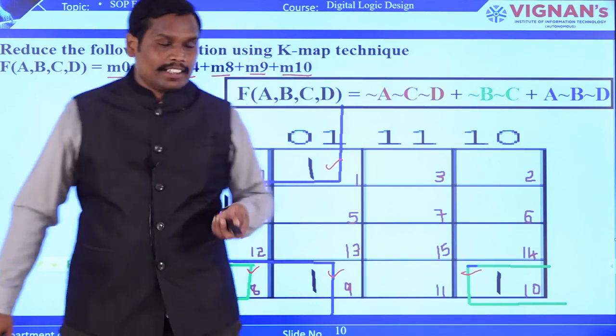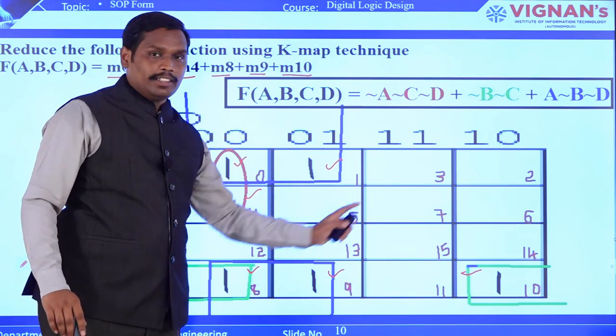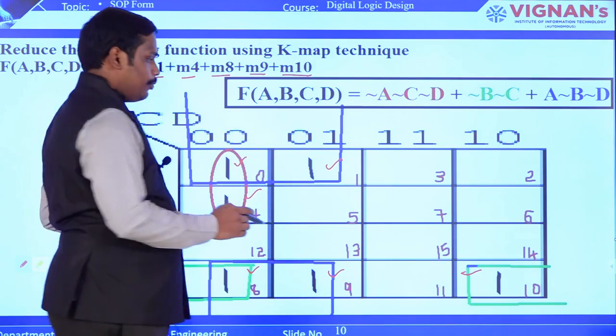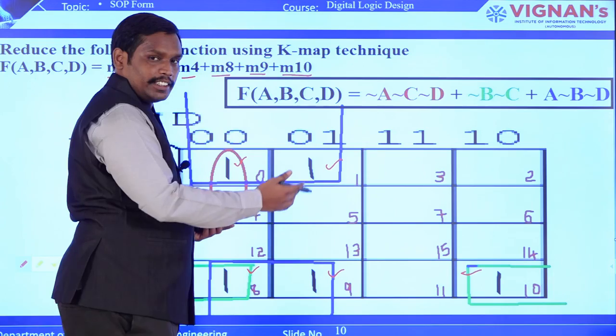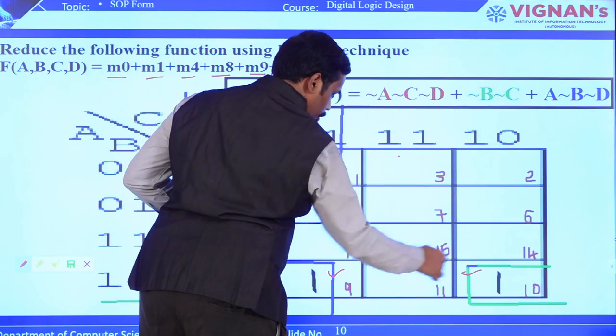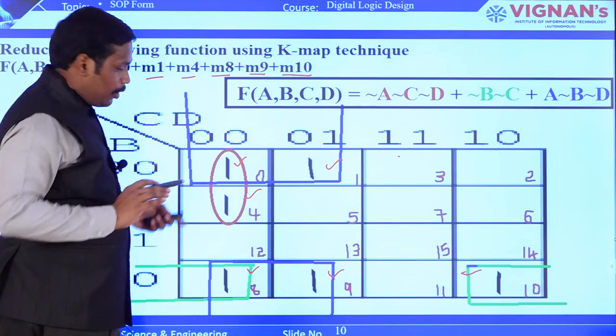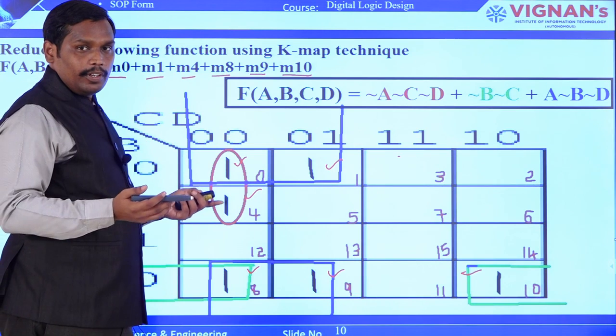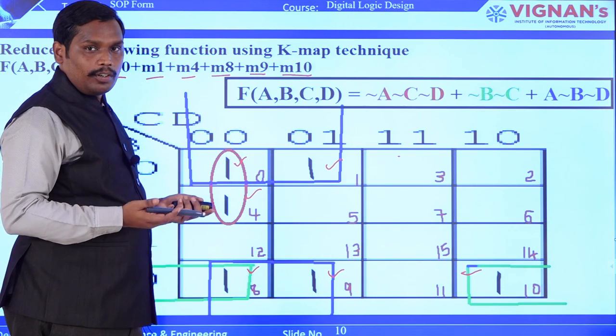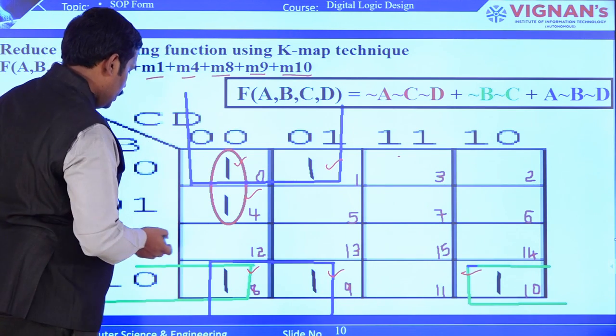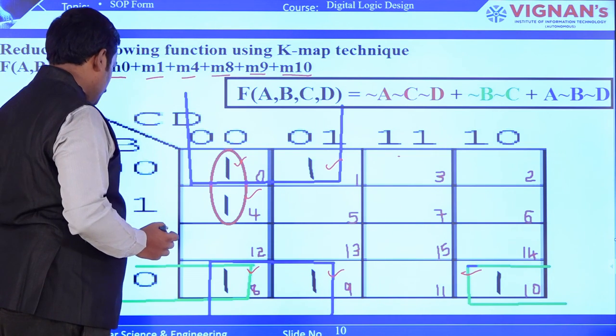So this is how markings are done. The ones are replaced and the others are all zeros. I have not represented them, but you can also write zeros in all the remaining terms. But now, for these ones I am going to check whether pairs, quads, or octets exist. So you can see this particular thing,